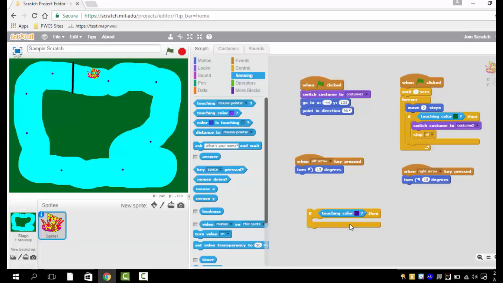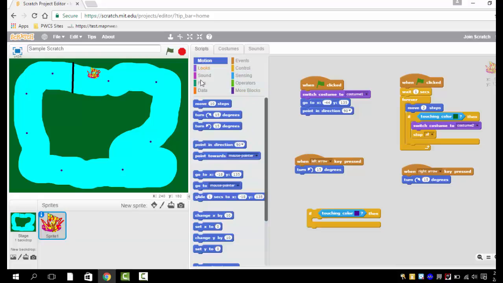Okay, so once you have your power-up color saved here inside of your square, then you're good. Then we're going to go to the motion section over here in our scripts. Click on motion, and you're going to get the top piece of command that says move 10 steps, and we're going to drag that out and we're going to place it inside of our if-then loop that we just changed our power-up color to. So I want it to go inside of the bracket. I want it to snap right in there. And we're going to change the number of steps inside of this command as well. So I'm going to click in there again. We want to get rid of the 10, and we want to change it to 4. So we're going to want it to jump 4 steps in our game whenever it touches one of our